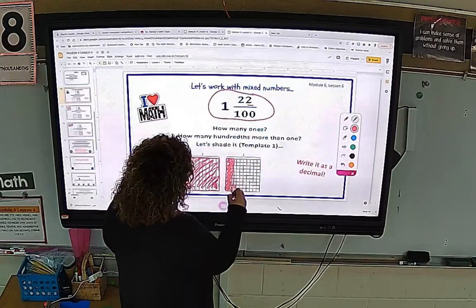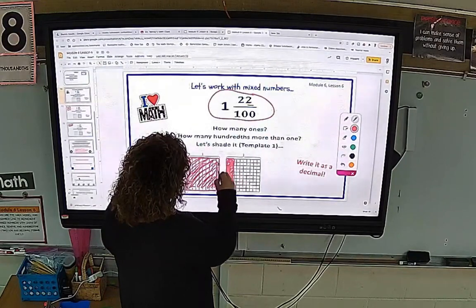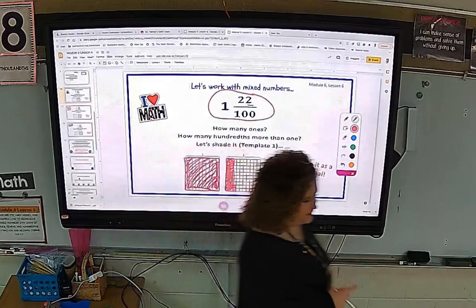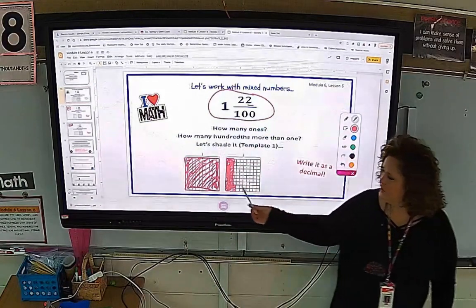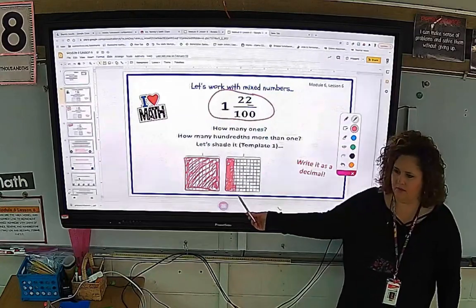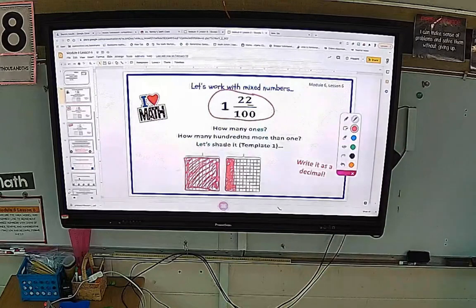When we start getting into those itty bitty ones, that's why I told you to outline these, because if you don't, it gets kind of messy looking, hard to tell exactly what you've shaded in. So you're saying all of this, two of these columns, and then two itty bitty ones. Does anybody agree with that? All right, that is correct, because we do have to show every part of this.